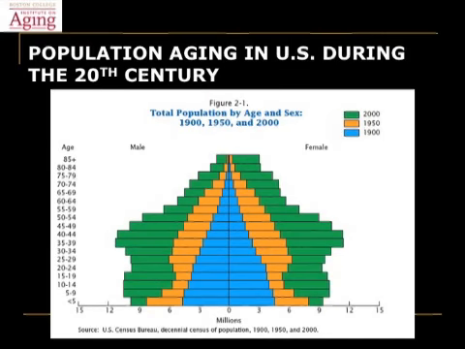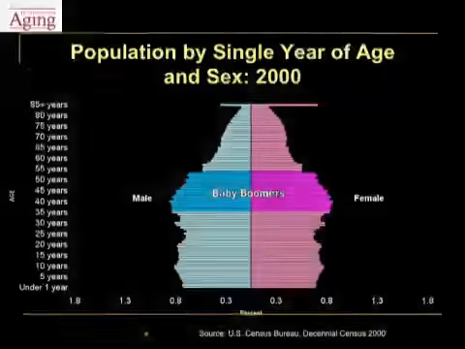This chart also illustrates the aging of our populations. The blue figures represent what the population of the United States looked like in 1900. What we have in the green figures is how this population pyramid has started to lose its pyramid shape, and in fact you start to see almost the rectangularization of what was once a pyramid form.